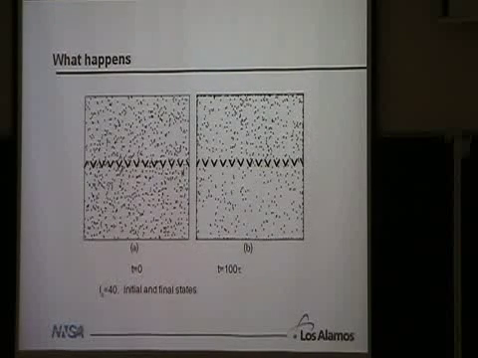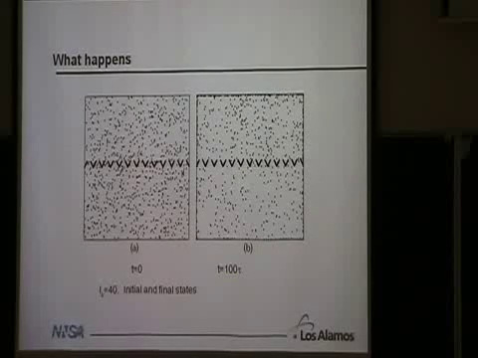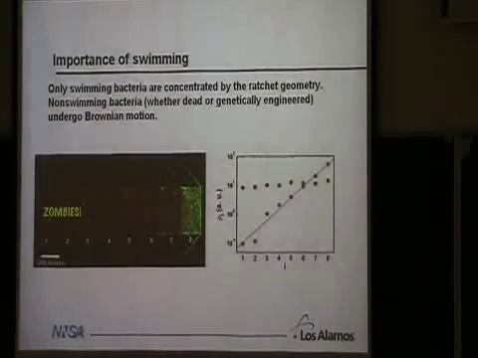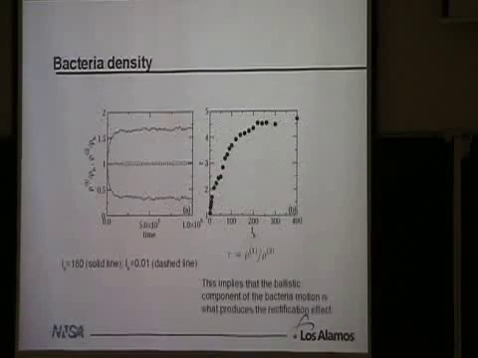Okay, so what happens is we let the bacteria swim around, and we take some length over which they swim, and it's fairly long. It's longer than the length scale of these barriers, and that's important. So initially we start with them all uniform, and then over time, what we see is they tend to concentrate at the top. Not only that, they do tend to pile up along the walls and form kind of a plaque. And they do actually see that in the experiment. They don't really talk about it, but you can kind of see there's an increased density, an increased fluorescence right along the wall. So they do tend to kind of mush up against the walls.